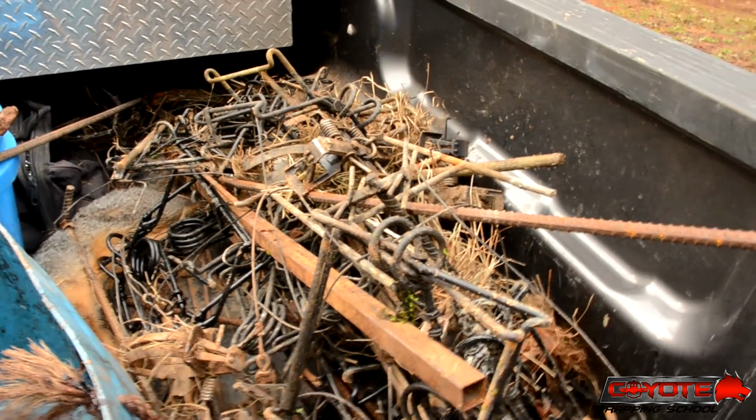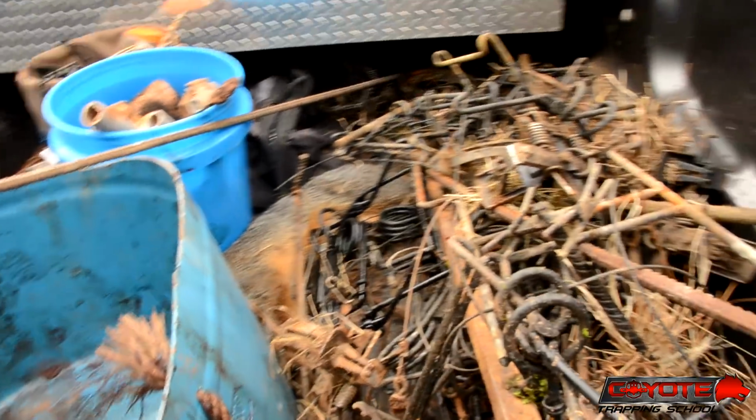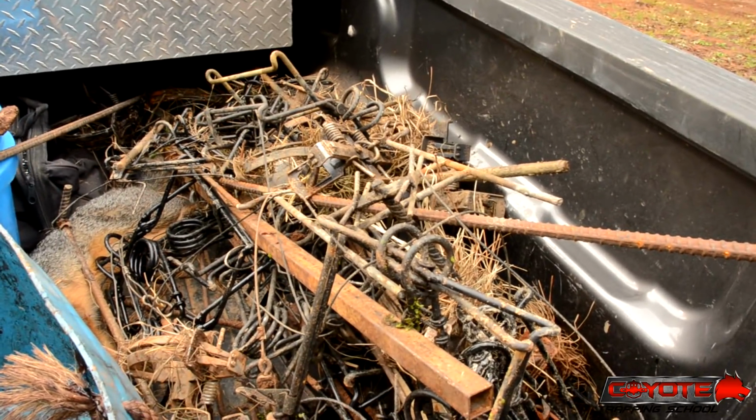Well, that's what we're left with after 2 weeks of trapping. We do have some skinning to do. Got a pretty gray fox this morning, nice big male gray fox. But we also got to do some of this big ridiculous jumble of traps. So, like I said, my plan is